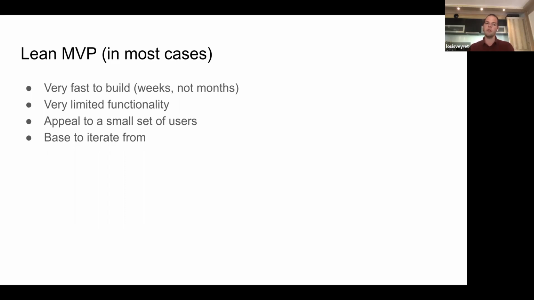What we also call a lean MVP is that you should build something small that appeals to a small set of users. A lot of people try to build something very complex, and they don't focus on someone. For example, on this marketplace with cars, I can focus only on Paris. I can launch in Paris, and if it's successful in Paris, I will do Lyon and Marseille and other cities